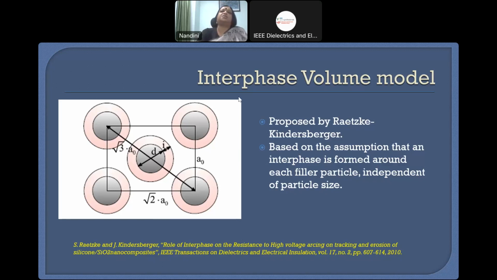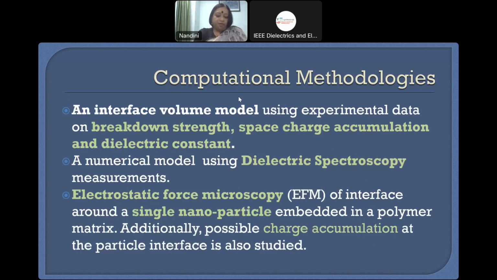Why is this important? It is important because when you have the maximum interface volume, the deviation of the composite properties will be most from the neat material. So this is the idea. Of course, we still don't really know how exactly the interface behaves, but as I showed you, there are certain hypotheses. There is a lot of work going on around the world, and